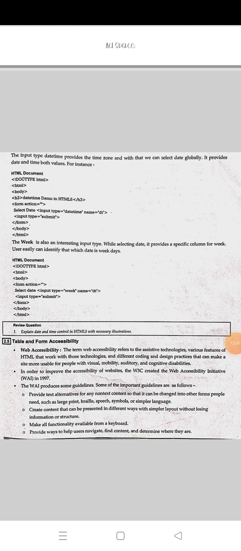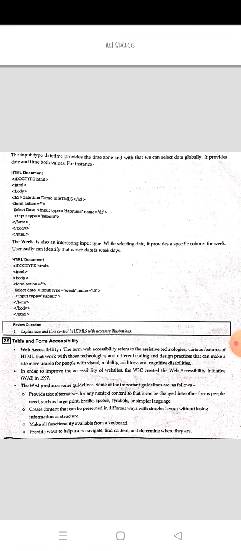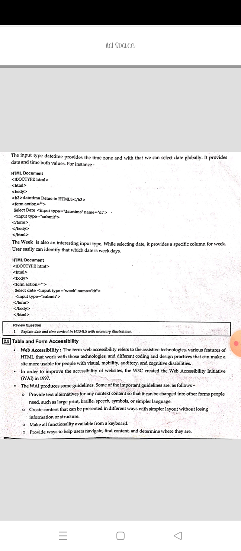In order to improve the accessibility of websites, the W3C created the Web Accessibility Initiative, that is WAI, in 1997. The WAI produces some guidelines. Some of the important guidelines are: provide text alternatives for any non-text content so that it can be changed into other forms people need, such as large print, braille, speech, symbols, or simpler language.